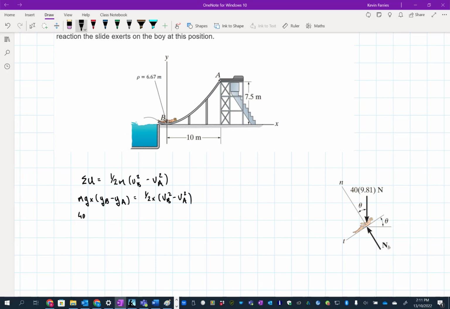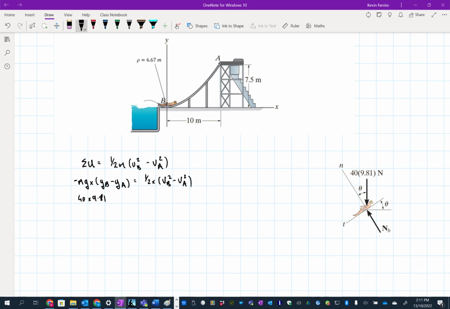So we're going to have 40 times 9.81, and that force is in the negative direction. So it's really negative if we're taking y positive like so. So it's going to be the negative 40 times 9.81 times yb minus ya. So yb depends where we take the 0, but let's take yb as being the 0. Well, it's telling us where to take the 0, so yb, take it as 0, minus 7.5, is where he started from, is equal to, I've lost my m,